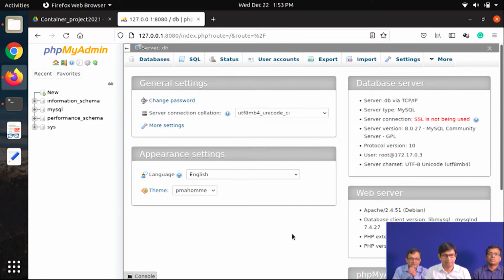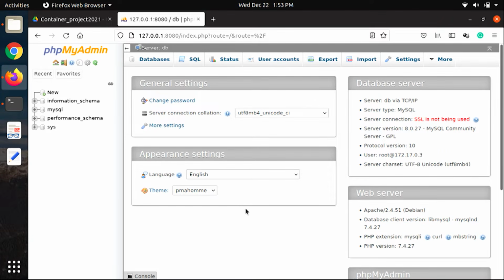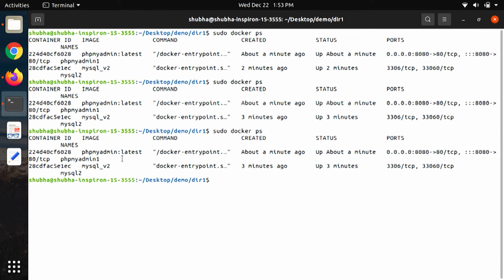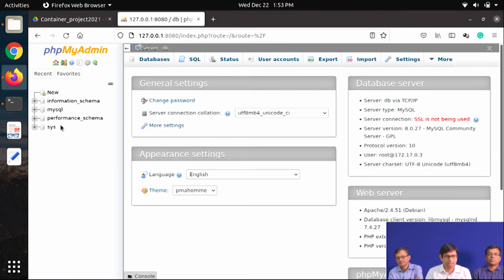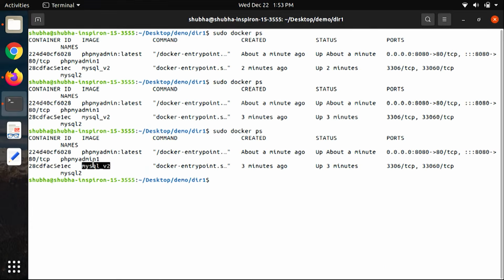Right. So here now your PHP myadmin is connected to the backend database, right? Exactly. Backend MySQL database, which are both two containers, right? Yes, sir. So these two containers we have created, and now we can see that this PHP myadmin is up, and it is connected to that MySQL server, my database.